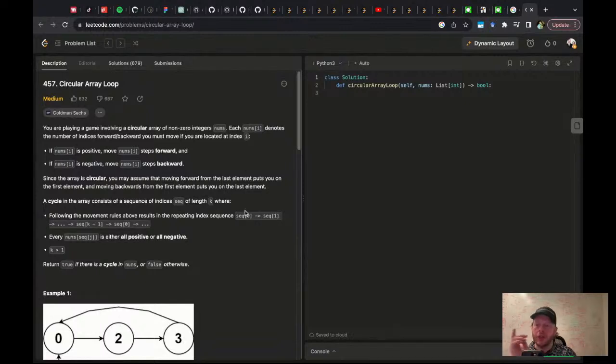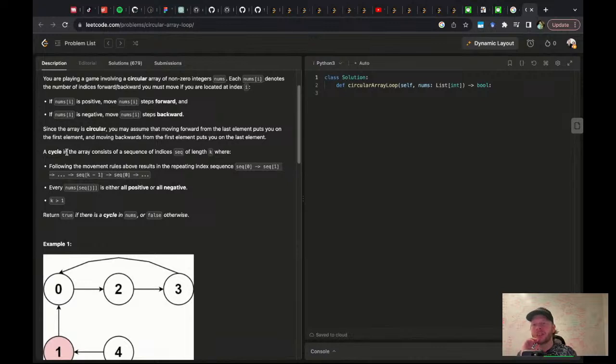If it's positive, move forward. If it's negative, move backwards. Cool. Since the array is circular, you may assume that moving forward from the last element puts you on the first element. Oh, that makes sense. Okay, so you're going in a loop.